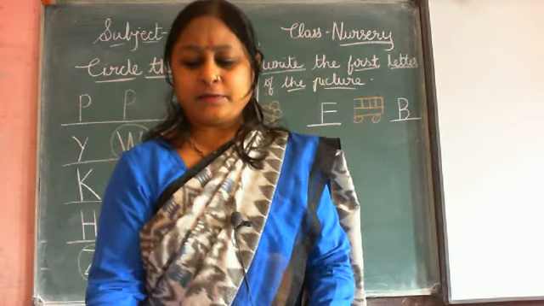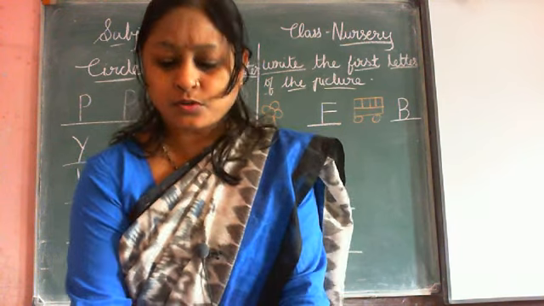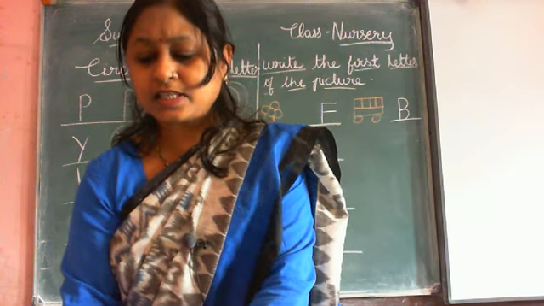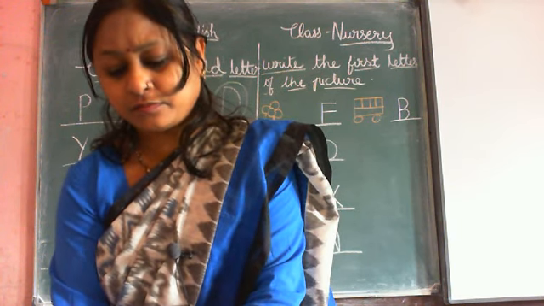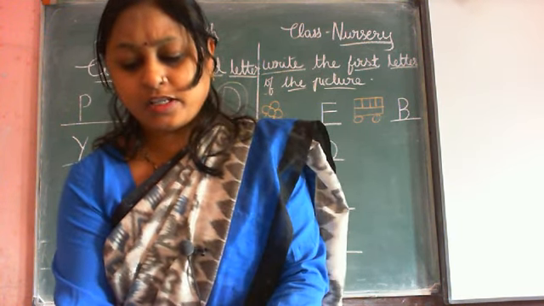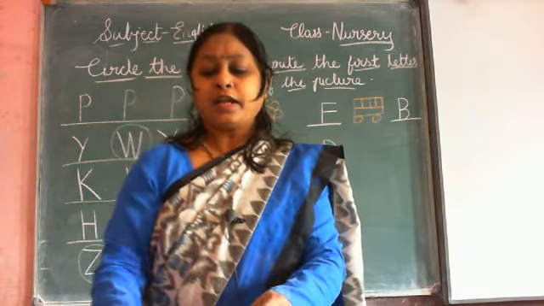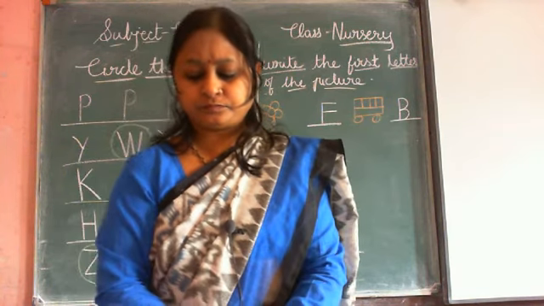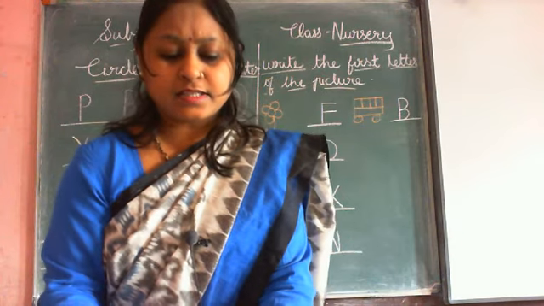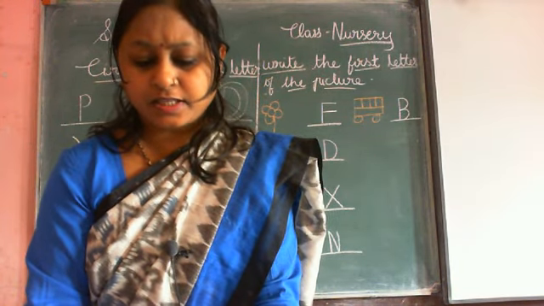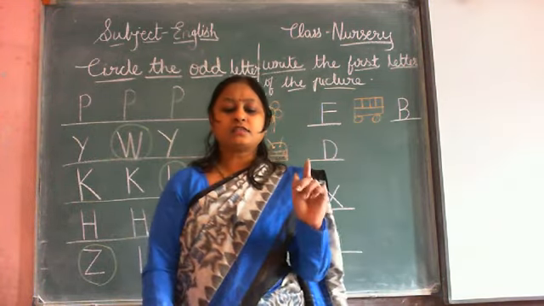Did you like the rhyme? You have enjoyed the rhyme? Good. Very good. So now we will revise the story. 2 stories are there. You have to learn only one story. One story is The Thirsty Crow and another story is The Lion and the Mouse. So let us start to revise this story. First we will start with Thirsty Crow.